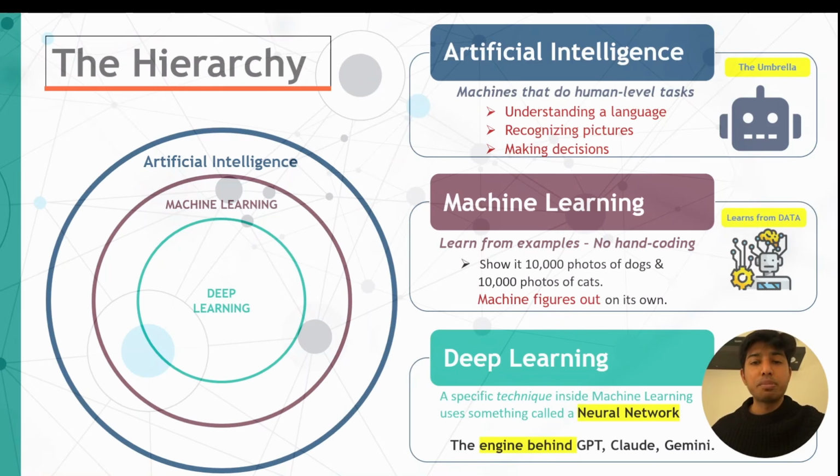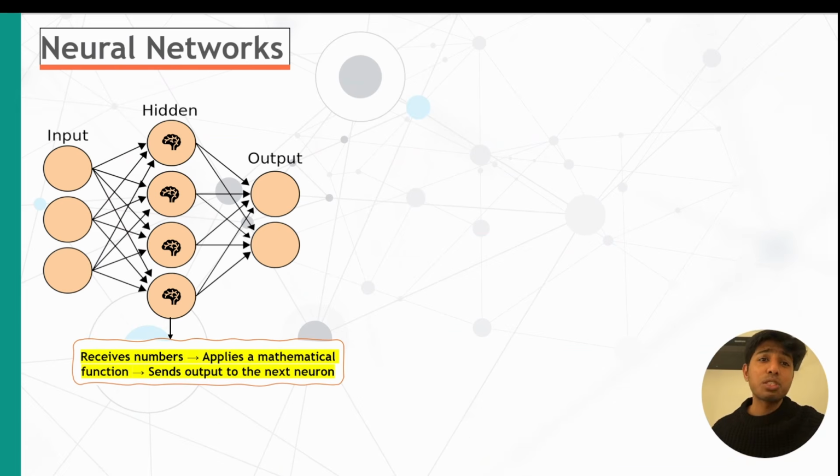When we say adjust patterns, what it adjusts in the neural network is numbers. So that's what it is. We are right here, and it's the technology behind ChatGPT, image generators, voice assistants, everything that you use in modern AI today. But what makes it deep? Let's see. So that's what a neural network is.